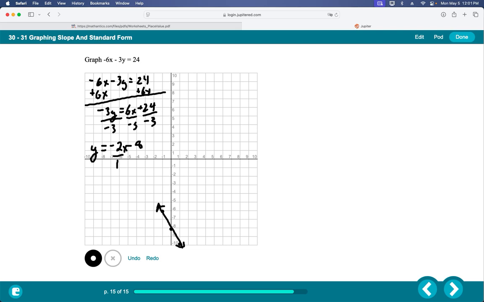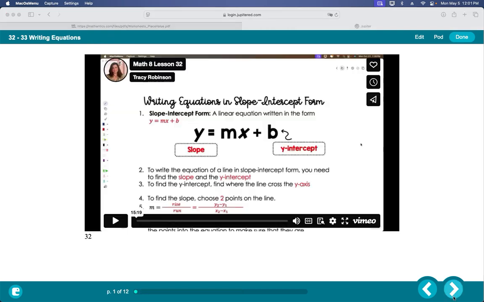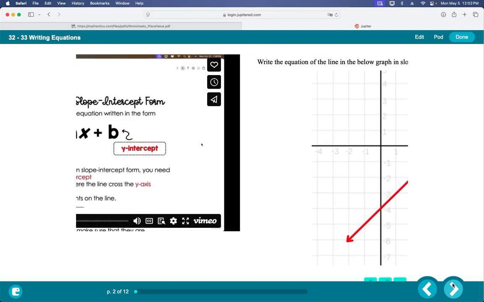So let's look at 32 and 33. All right, so in 32, we're learning how to write the equation in slope-intercept form. And I basically showed you how to do that in the previous lesson 31. Let's look at these over here. This first